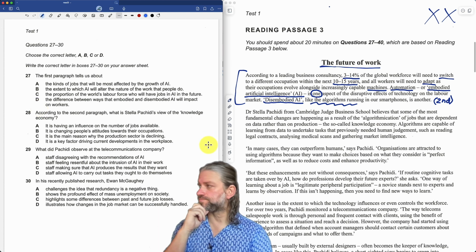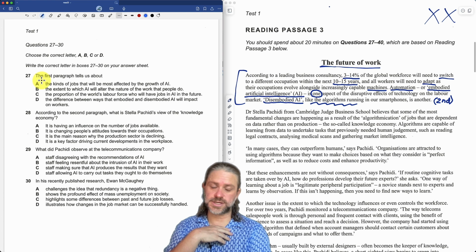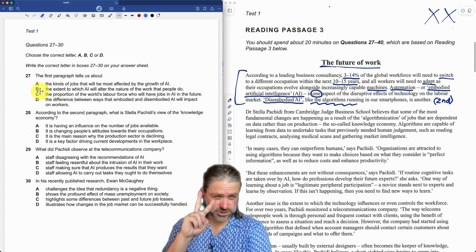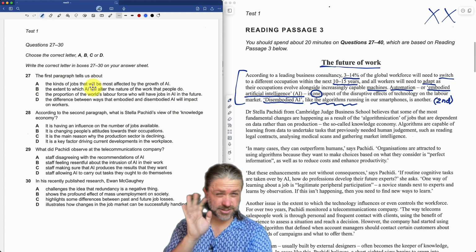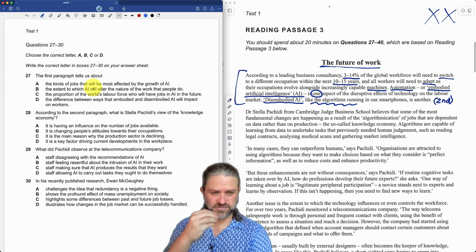Now, this one here, I find personally that it's always best not to look at the distractors. This is different in the listening. In the listening, there's only 3 options, and you would look at the distractors. But the problem is you need to remember there's 2 of them are trying to trick you. And the reason I think it's better not to look at the distractors in the reading is because, number 1, you've got more time. Number 2, there's 4. So that means there's 3 things trying to trick you, and they're trying to take your mind away from the truth. So what I would recommend this type of task is to only focus on the